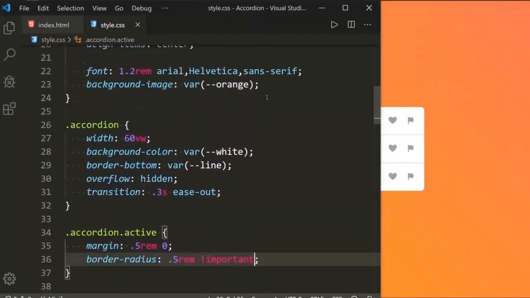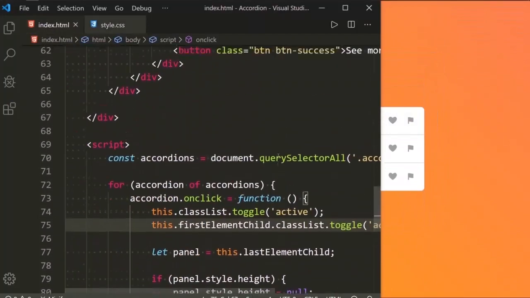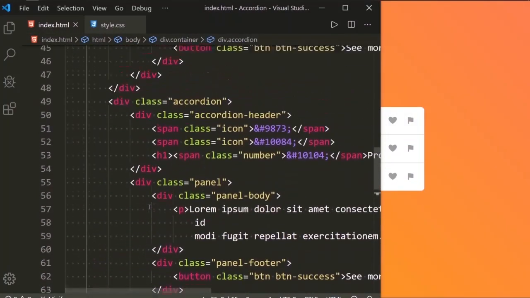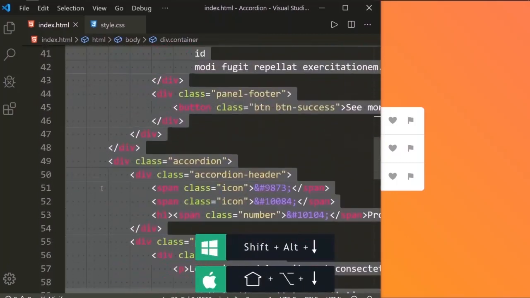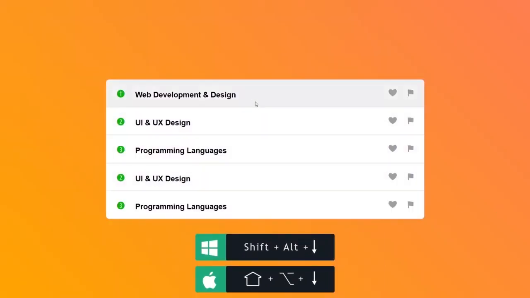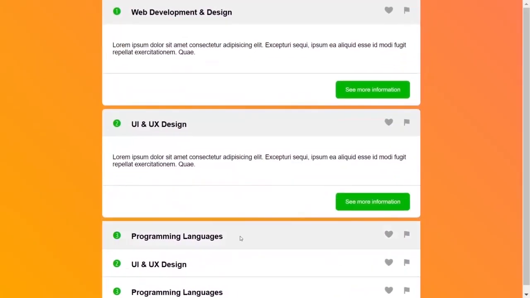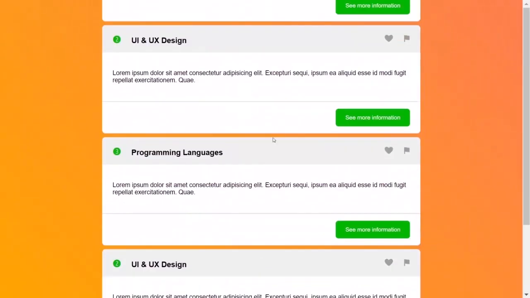But when I was writing this code, I noticed something, like when I add more headings. So first of all, I'll duplicate this code and let's go to the browser. I'm clicking this heading, it expands. So when I scroll, I can't get that first heading or the second heading. So there is a problem, I can't get those headings.